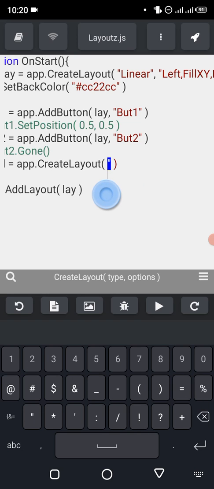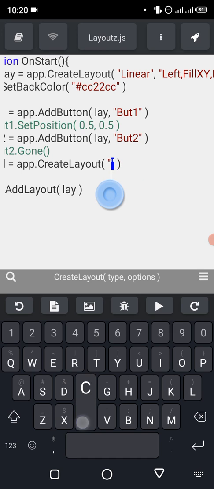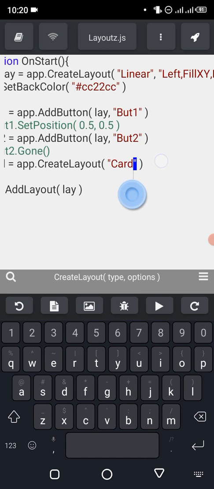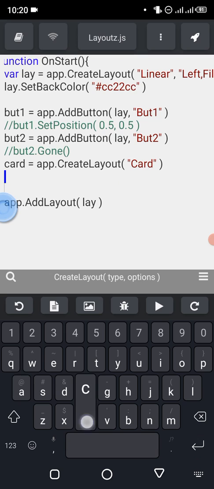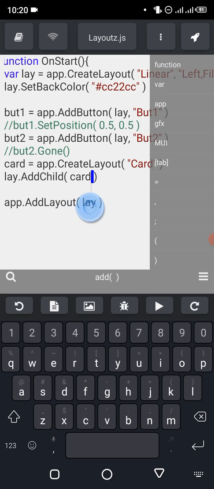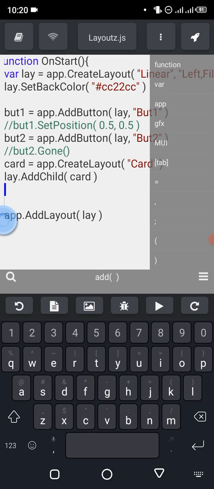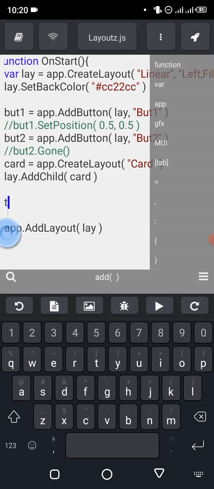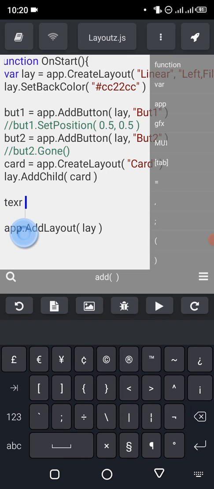Just card, and inside card, oh yeah, we can just add the card to the current layout. So lay dot add child, then card to be added,